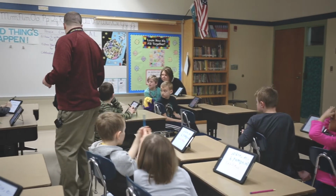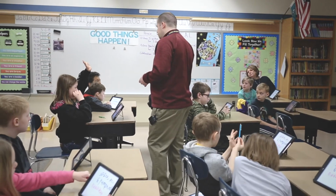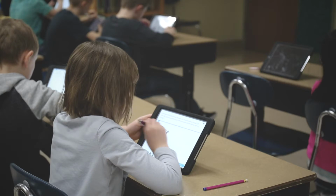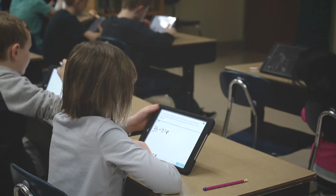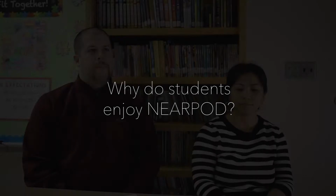You can also create some customized quizzes, and Nearpod actually collects data for you that you can then use to see how students did on those quizzes, which then can adjust your instruction. And then going back to participation and engagement, Nearpod actually allows 100% participation because we require the students to submit their work in. There is one feature on Nearpod that our students particularly enjoy, and it's the Draw It feature,